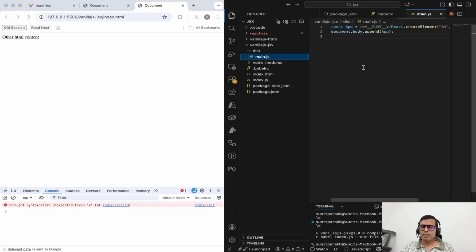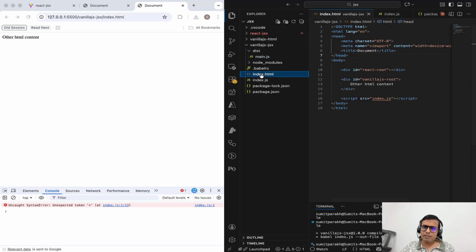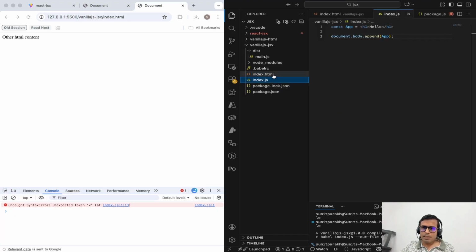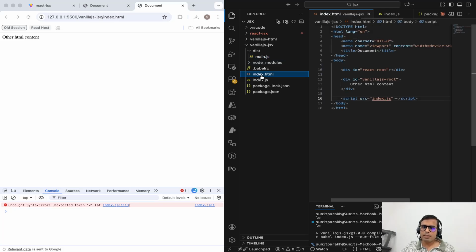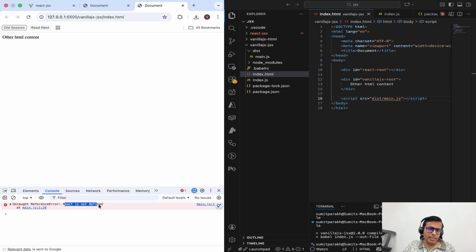Okay, but of course we'll still get some errors. Index.js is no longer an entry point because the browser cannot directly understand this JSX syntax. So let's point our script to the dist folder script. So I'm going to change that, and now we are getting this error that React is not defined. So we possibly need to install React as well,